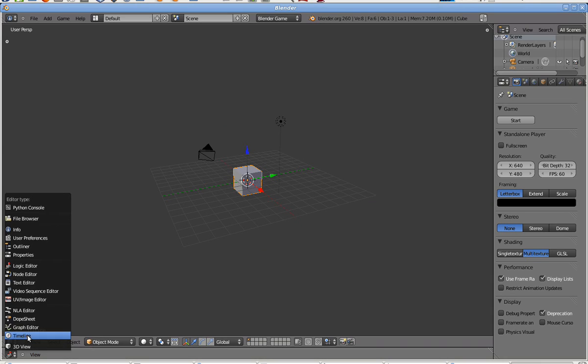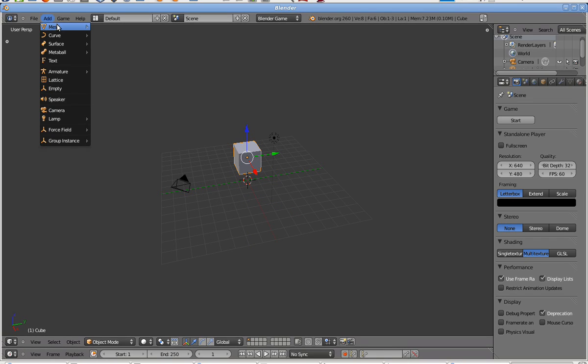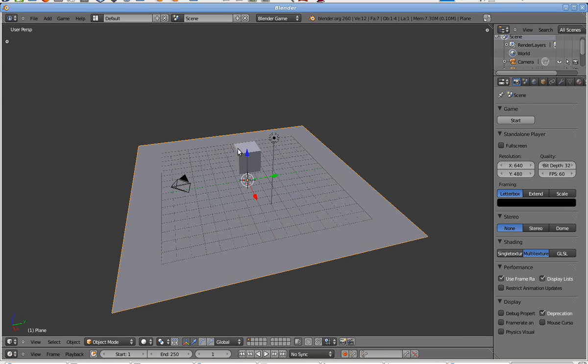Doing a Blender tutorial on the game engine, and specifically movement. So first, click Blender Game up here. I already have it selected, and just move up your cube, add a plane for the cube to sit on,